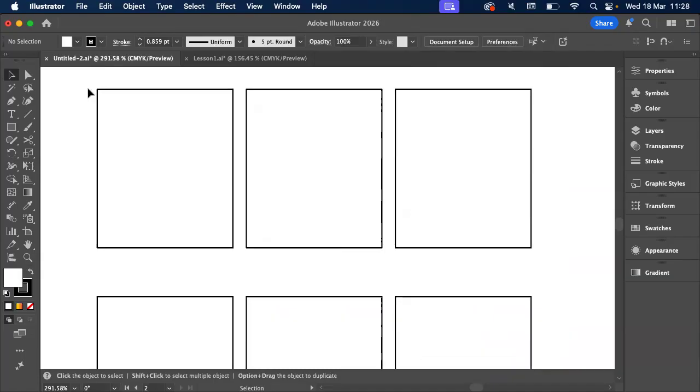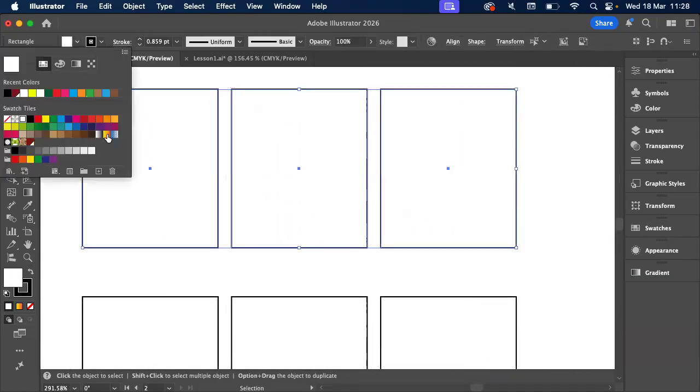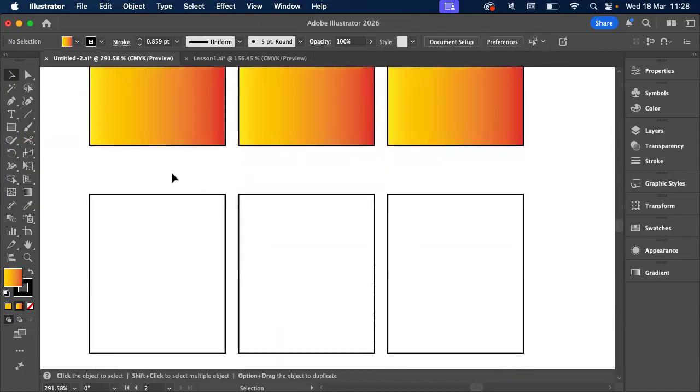So, as a demonstration, I'm just going to apply the same gradient to all of these shapes. All right, so same orange gradient. You can see these are all individual shapes by the fact that there's an orange to yellow, orange to yellow, orange to yellow. That's how I know. But now, if I convert this into a compound path first, and then I apply my colors,